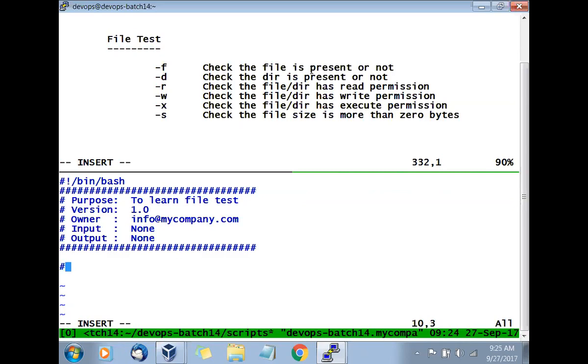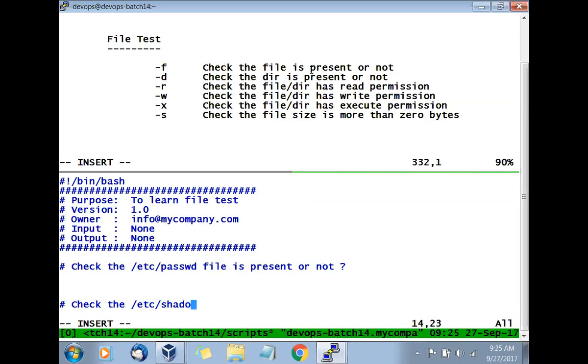So number one, check the /etc/passwd file is present or not. That is the first check we will do. And the second check we'll do, check the /etc/shadow file has a read permission or not.